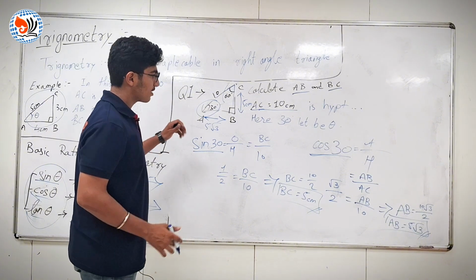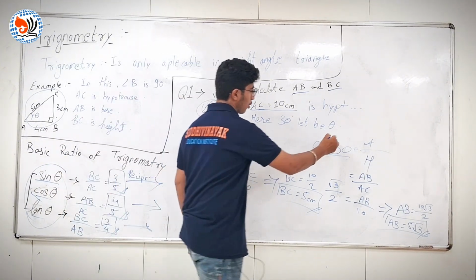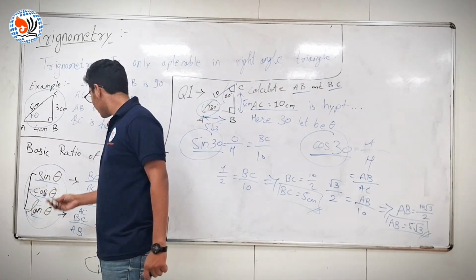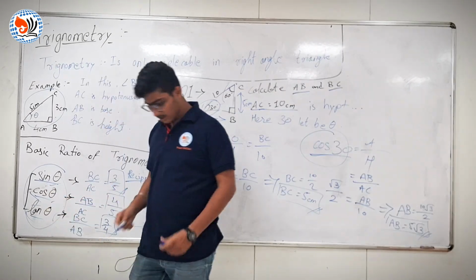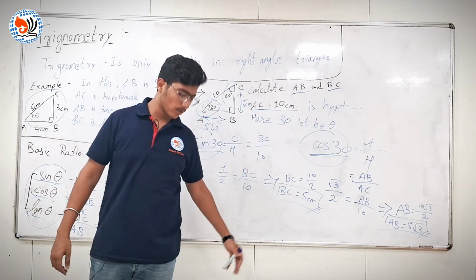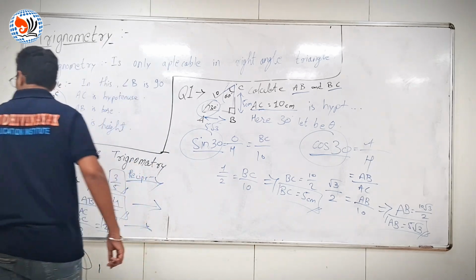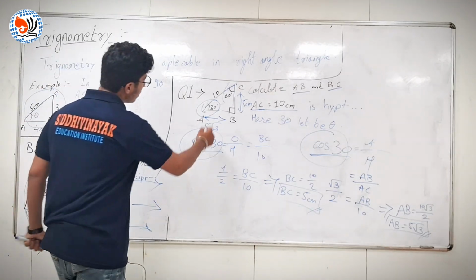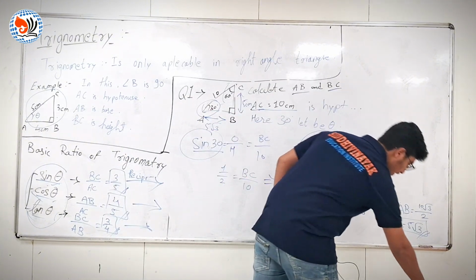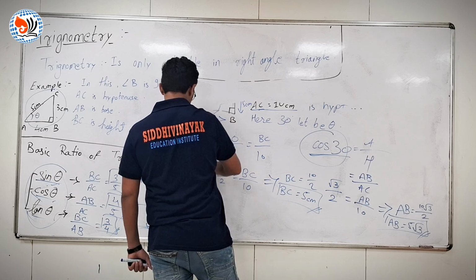By this quotient we can understand the values of sin 30, cos 30 and many other things. We can put any value on theta. This equation helps us very much to calculate our other sides and many other things, like we can even find the angle also with these terms. So we take it further.